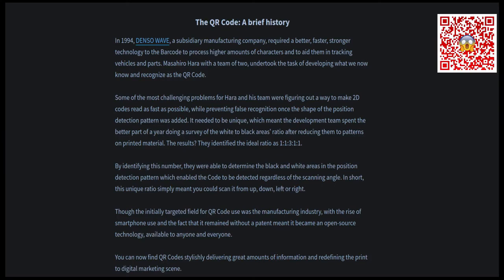Some of the most challenging problems of Hara and his team were figuring out a way to make 2D code read as fast as possible while preventing false recognition. Once the shape of the position detection pattern was added, it needed to be unique, which means the development team spent the better part of a year doing a survey of the white to black areas ratio after reducing them to patterns on printed material. The results